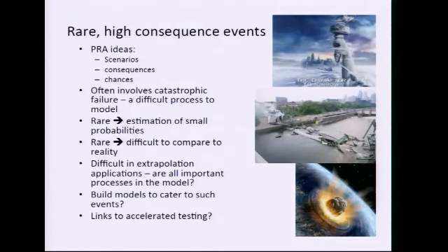And Henry also mentioned rare high consequence events, which I think is also relevant to the computer modeling world. It's one way to extrapolate out to these very extreme events that we want to guard against, protect against. What's hard about them is that because they're rare, we rarely observe them, so there's no data. Also because we're searching for things that are extreme, we don't really know if they're physically things that could happen or not. And so even if our model can get there or cause some sort of wild events that we think we ought to be worried about, that's just the start. Then you have to figure out, well, could that really happen or not?